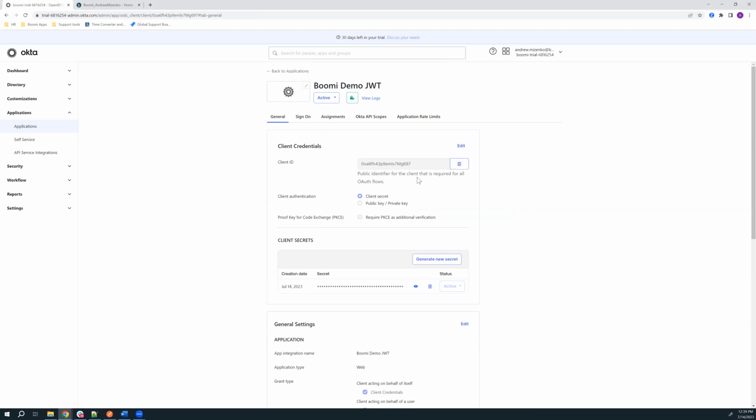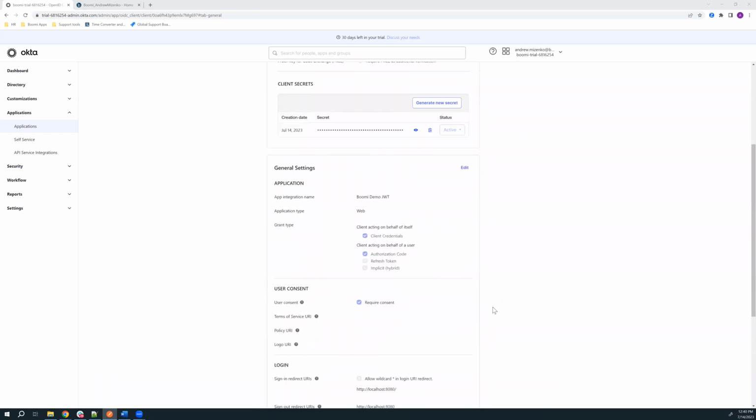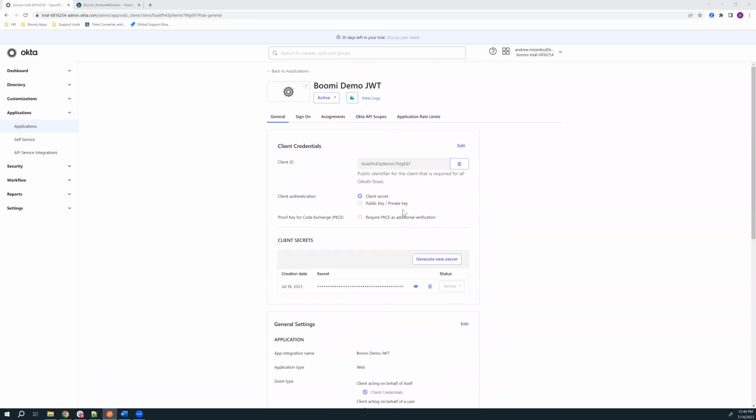But we're going to want to take note of the client ID and the client secret for later use. It's going to be what we use to actually generate the access token, JWT token, for our actual API call. All right. But once we have those taken down, we're going to want to assign a user